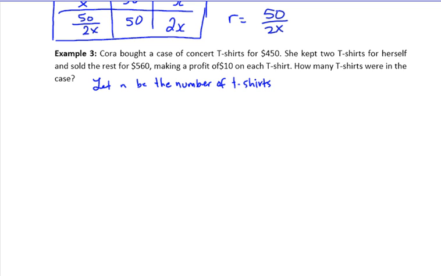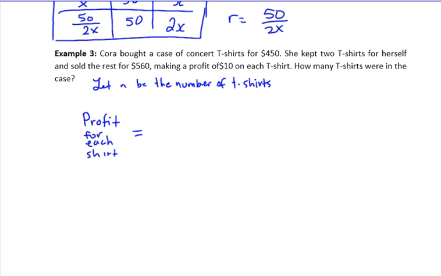So they give us some information. They talk about profit, and then they give us some information about how much she's selling it for and how much she bought it for. So the profit for each shirt, how do we find profit for each shirt? If you were actually buying and selling shirts, how would you figure out how much you made per shirt? The selling price minus the cost, right? So the profit for each shirt